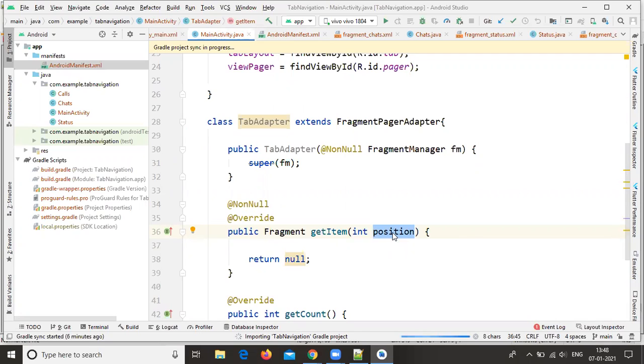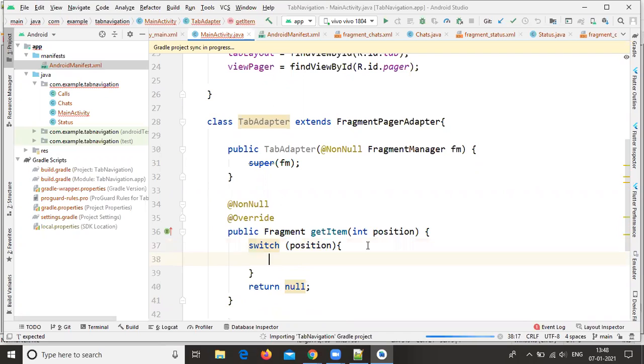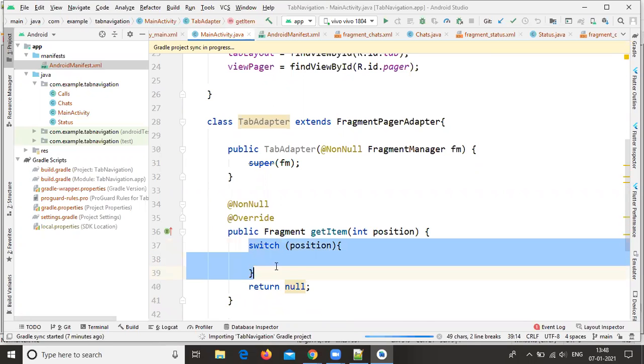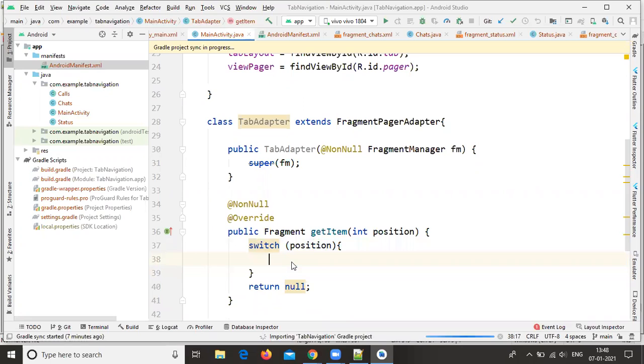Here you can write a switch case, switch position. You already know how to write this switch case. Inside the switch case you need to write the conditions, and these conditions will change based on this position.